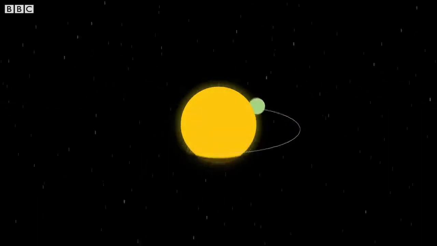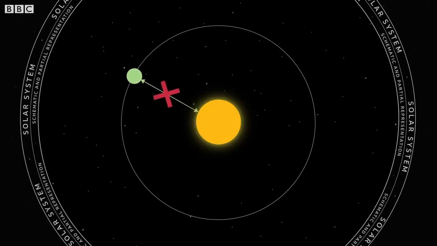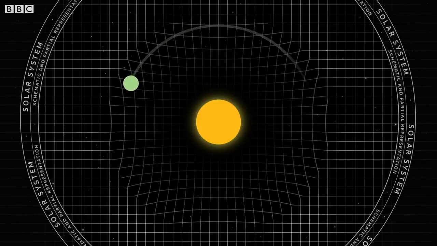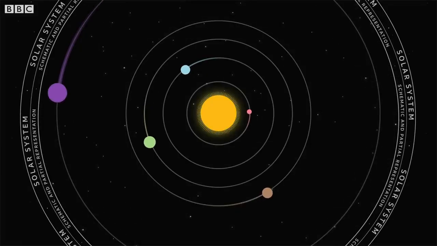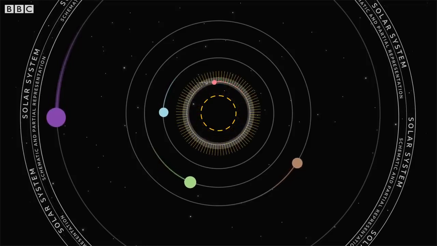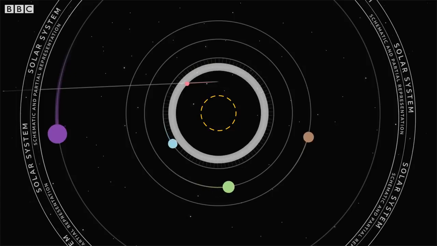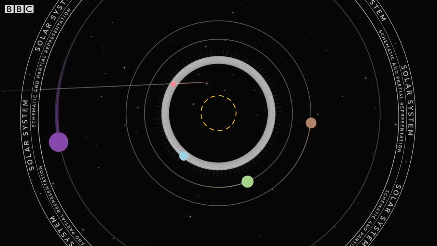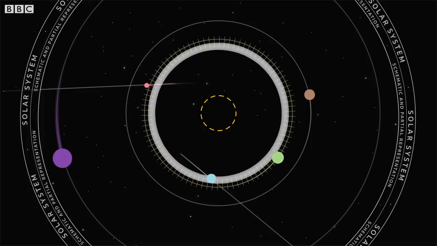Now, gravity is no longer considered a force of attraction between 2 bodies, as Newton thought. It is an effect of the space-time curvature on bodies. So according to Einstein, what would happen if the sun disappeared? His theory says this disturbance in space-time would form a gravitational wave that would travel to the planets at exactly the speed of light. That means we would see the sun go dark at the same time as the Earth